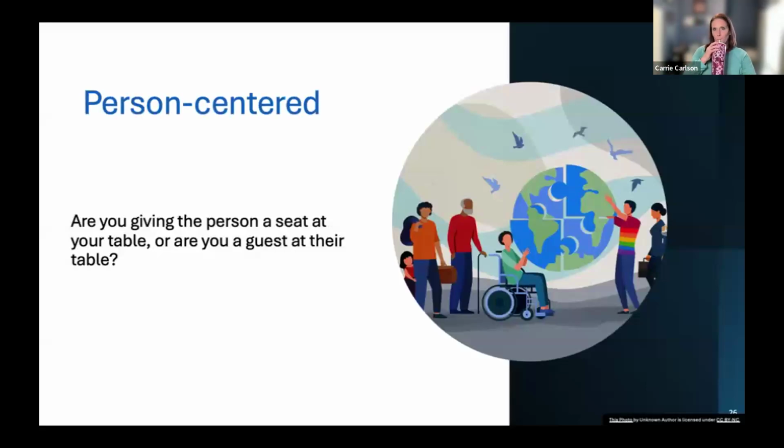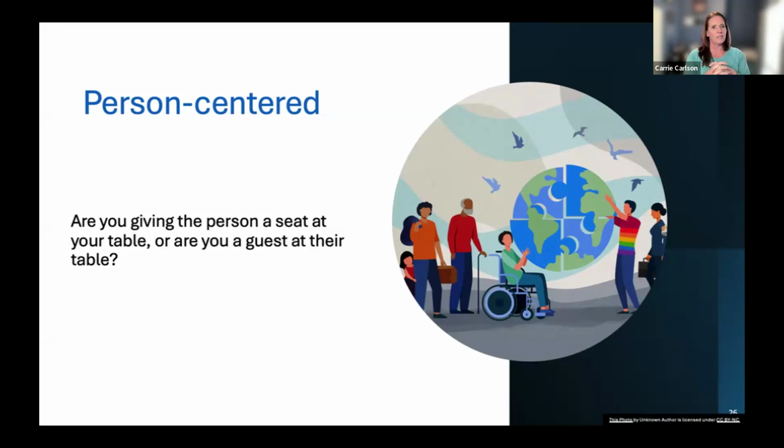And on the right-hand side of this, it has a circle and it has an image of different people representing, so there's puzzle pieces. There we go. I can't find my words. And it looks like the world really. And then there's a person with a chair. There's somebody with a cane. And I think that's a briefcase in somebody else's hand, right? But representing different people doing different things.